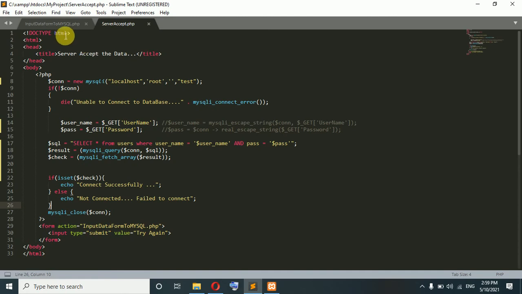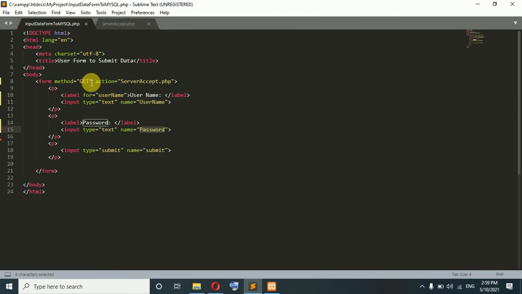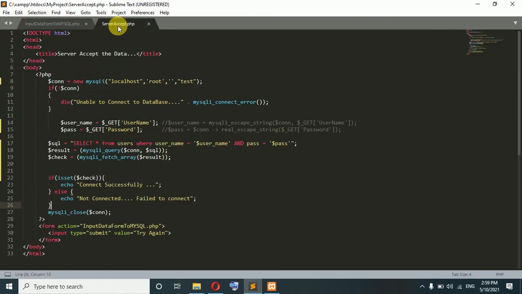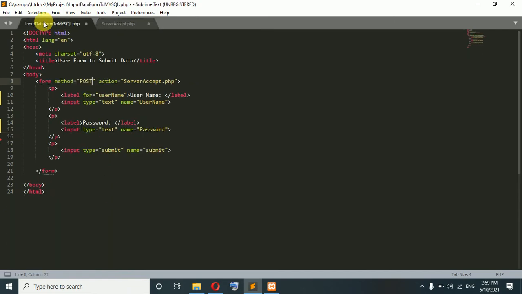For the POST method, we need to change this method to POST. POST is more secure than the GET method. Also we need to change this one to POST